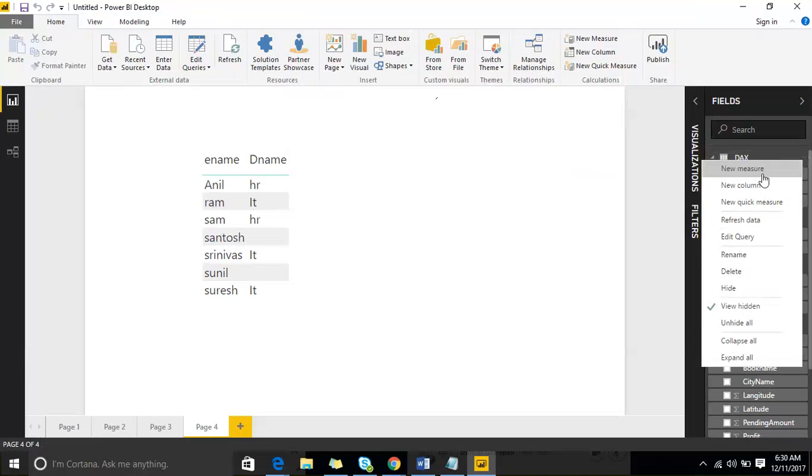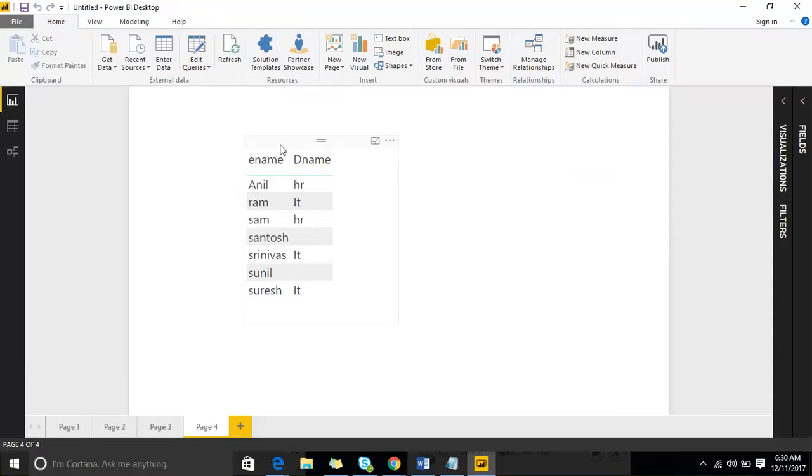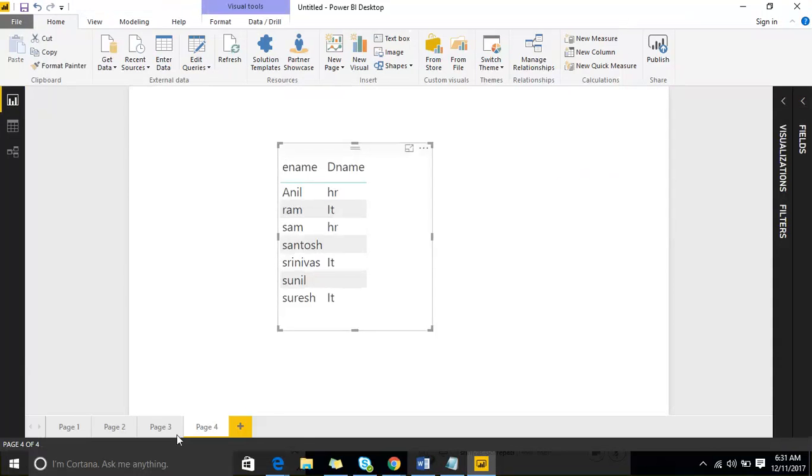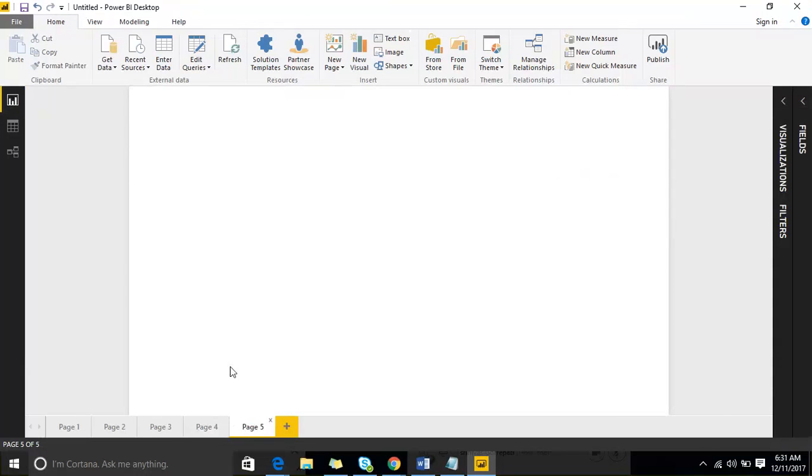And here new measure, new column, quick measure we are going to discuss tomorrow, and edit query we are going to discuss in the next 2 or 3 days. These are the options available at a table level. Before discussing the next level, as I said in yesterday's session,